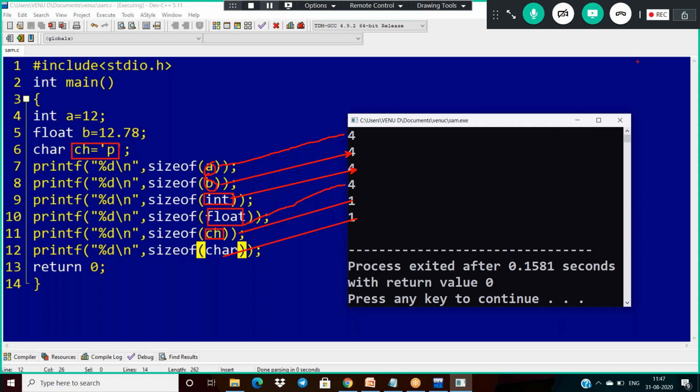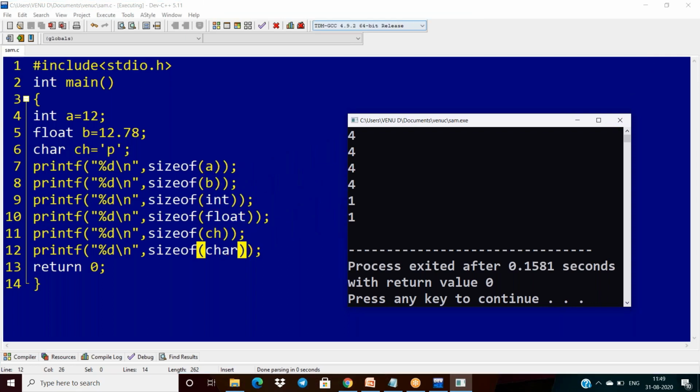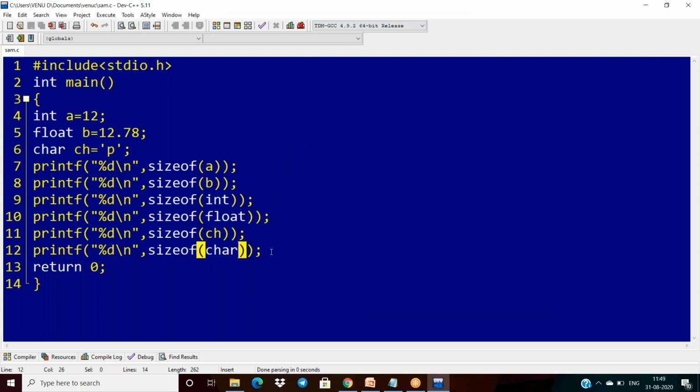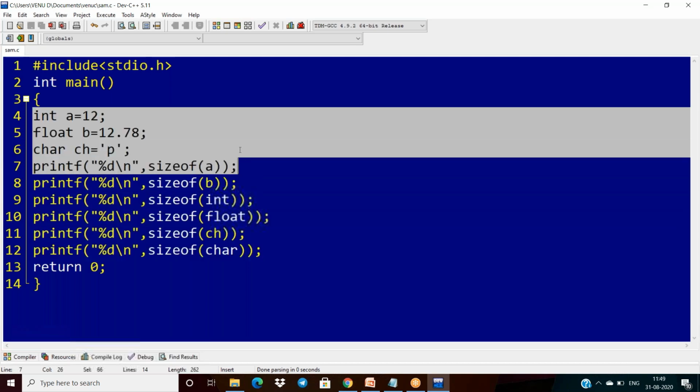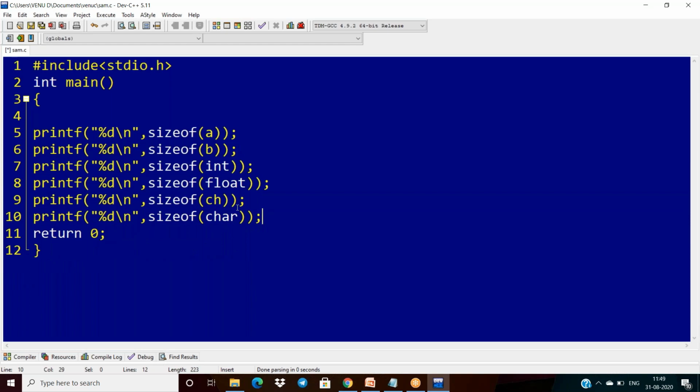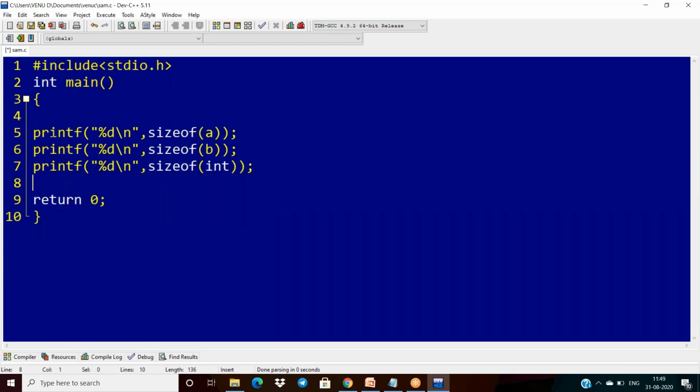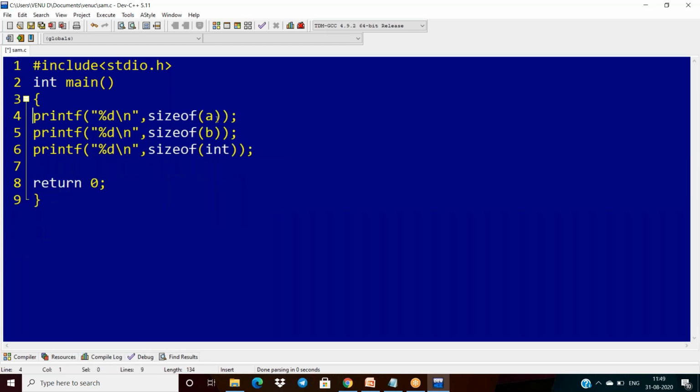But I have to give one question for everyone. Okay, and my question is this. I want to find the size of small a and the size of 12.89.